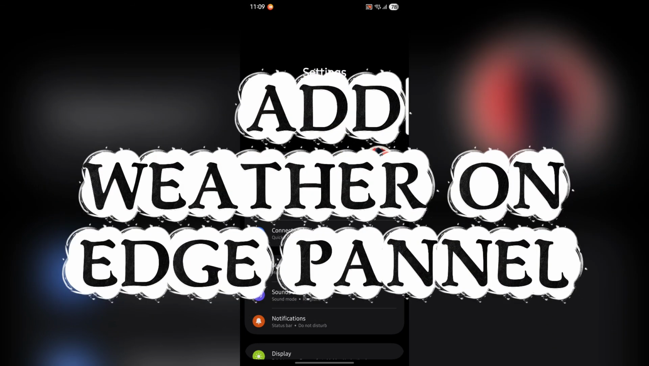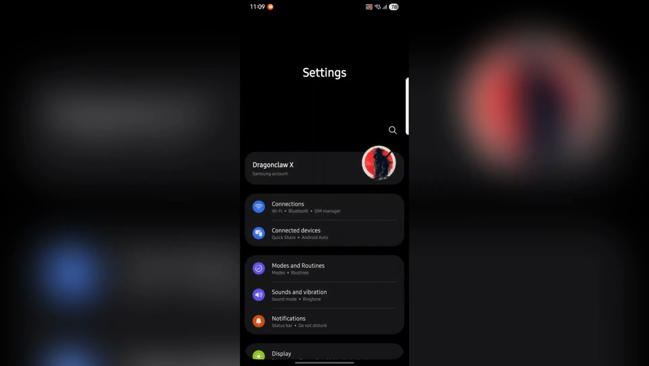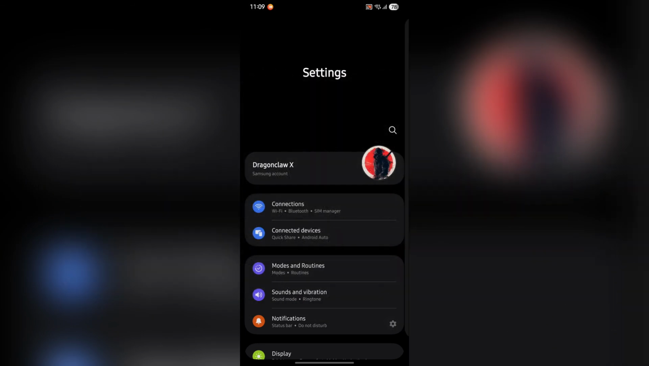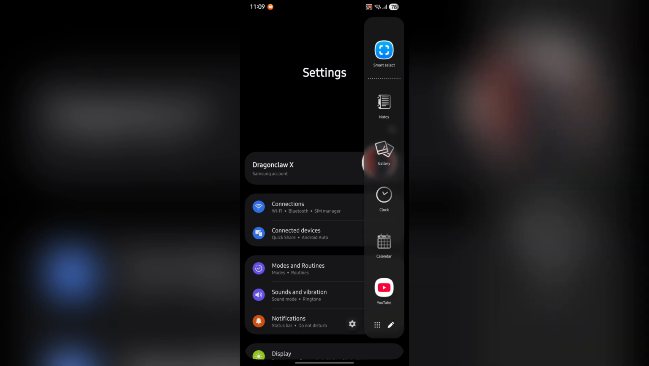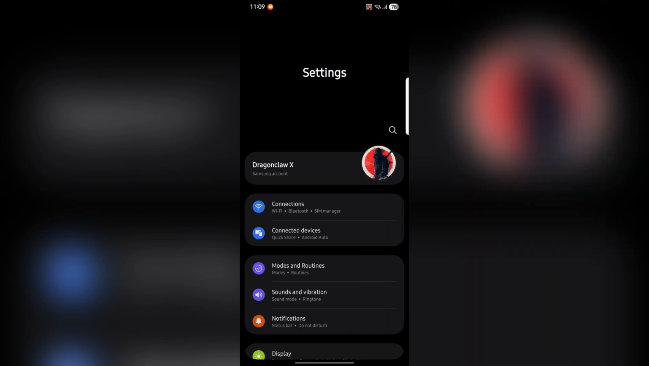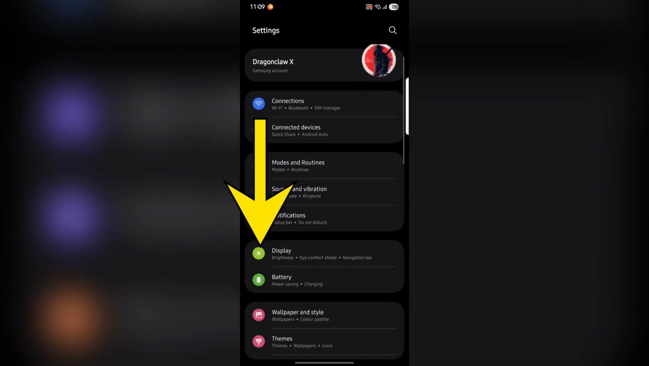How to add weather in your edge panel. Now, if you want to add weather in your edge panel instead of just apps, you just simply need to open your settings app at very first and then scroll down to find display option, then select this display option